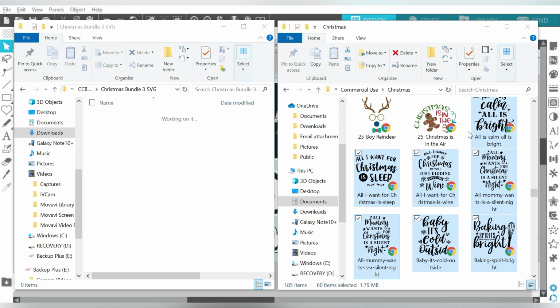SVG is not quite as much, but once you get quite a few bundles under your belt, you may want to think about backing these up electronically. And then you can even delete them from your main hard drive and things will move faster. For example, I have an automatic backup to a cloud service, and you can use pretty much any cloud service out there. But for my main file storage, I also have an external hard drive.